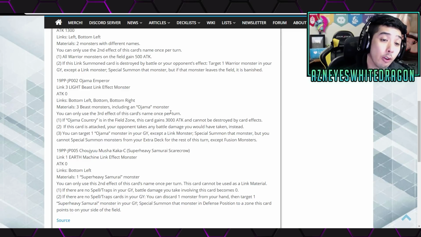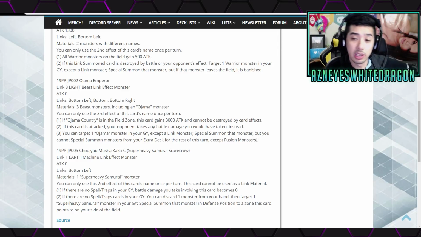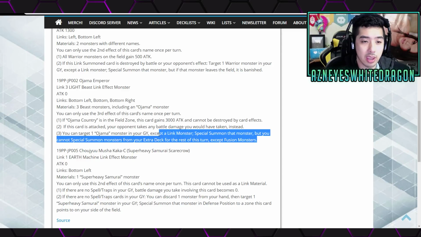The first effect saying, if Ojama Country is on the field zone, it gains 3000 attack and it cannot be destroyed by card effects. If this card is attacked, your opponent takes any battle damage you would have taken instead. The third effect is you can target one Ojama monster in your graveyard except for a Link monster and special summon that monster, but you cannot special summon monsters from the Extra Deck for the rest of the turn except for Fusion monsters. Okay, well at least it can still kind of utilize the whole Ojama ABC,